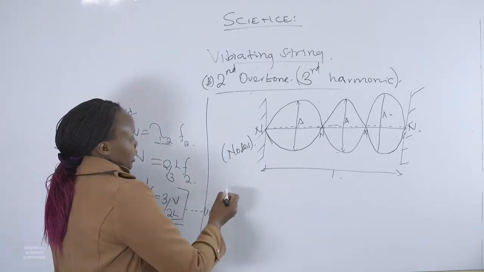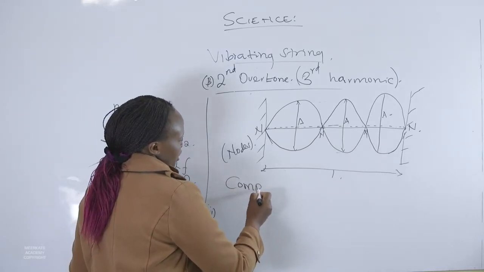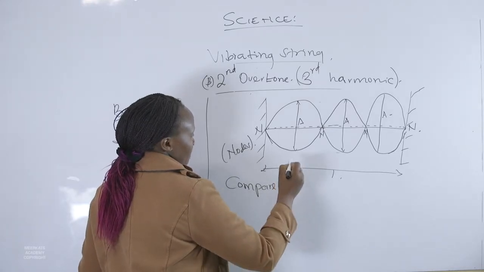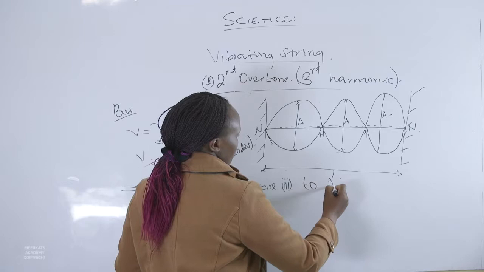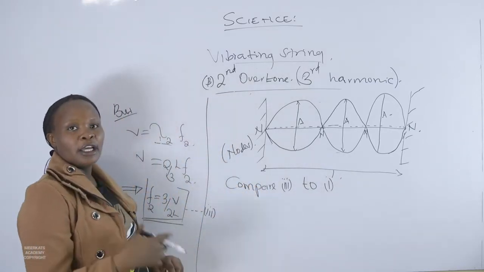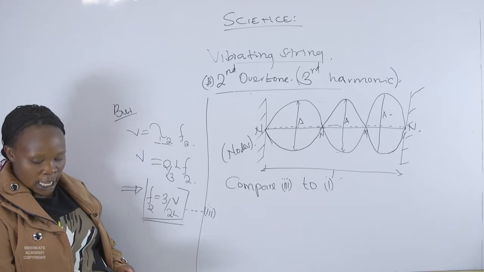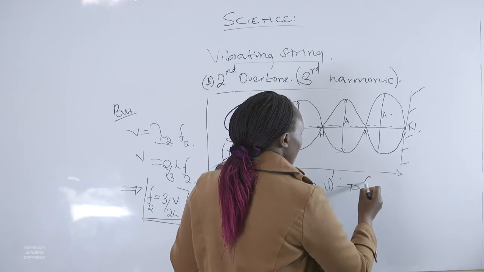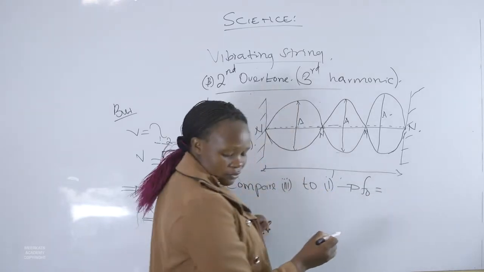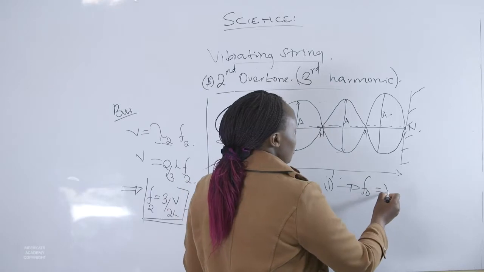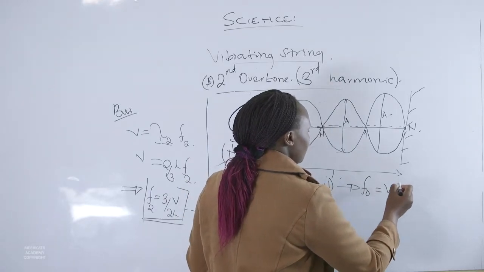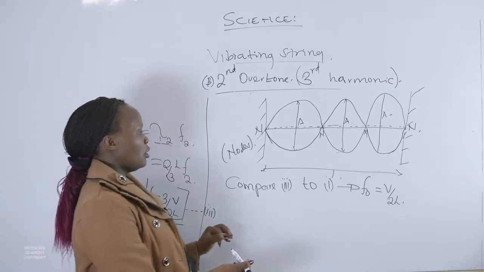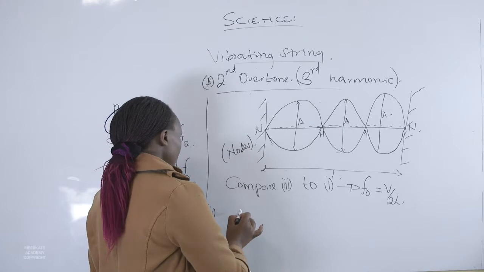But we want to compare equation 3 to 1. Remember, the equation we are calling equation 1 is that of fundamental frequency. I will remind you that fundamental frequency is actually given by V over 2L. And now we are comparing the two by way of division, where we will have